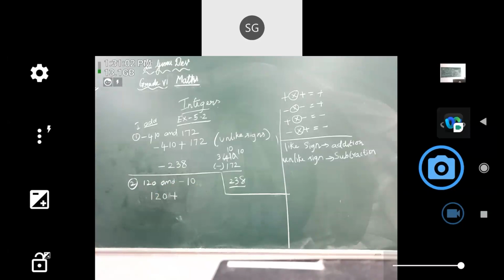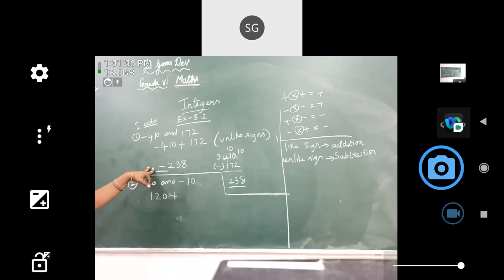Who is this asking? Swastika. Dikshita. Dikshita, can you please answer her question? Dikshita, are you there? Who will answer her question? Ma'am, Tanushree. Ma'am, can I answer? Tanushree, yes. She is asking how I decided that here minus sign should come.